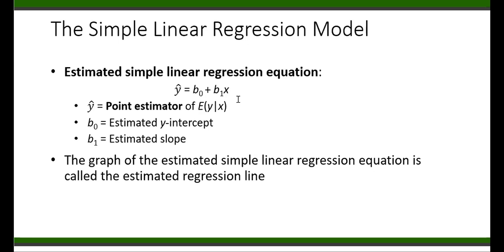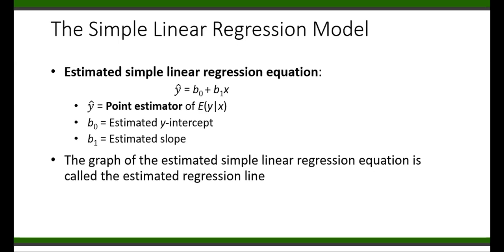We're going to use this linear equation to be able to make some conclusions about the true relationship between x and y. But before that, it's very important to understand how we can get B0 and B1, and how we can interpret them, as these are actually sample statistics